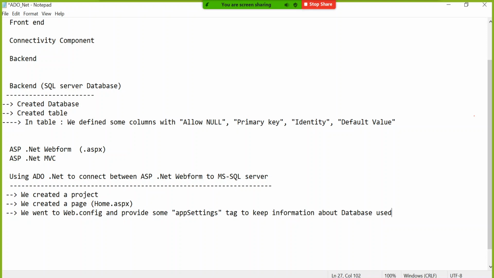Don't you think so? That's why I thought, why not keep it in the configuration layer as a setting item, so that the database name, database user ID and password can be used across the website or across the application in 100 or 200 different pages as well if necessary.